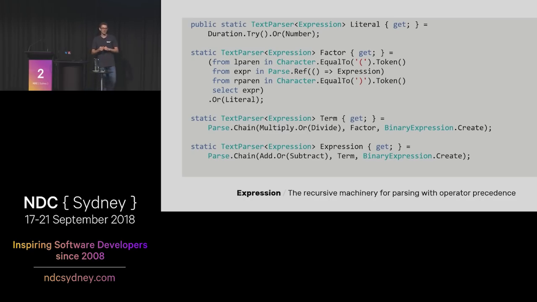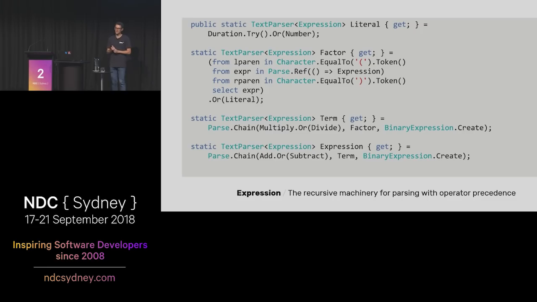We won't do too many more slides of just piles of parsing code, but this one is the meat of the duration language that we've been looking at. We probably need to spend a little bit of time looking closely at it, because this is, I think, the one that captures the difference between the really linear parsing that we've been doing and being able to recursively construct those expressions that we're going to represent as trees.